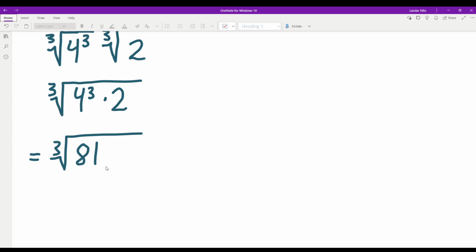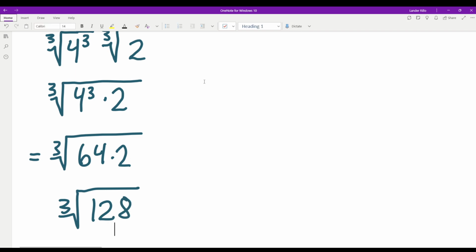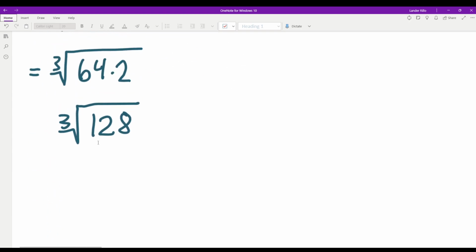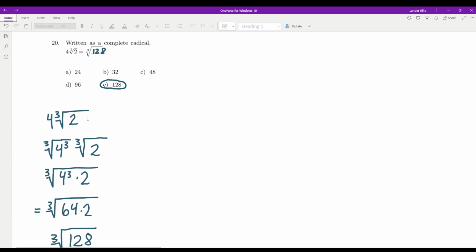64. I meant, 64. Yeah, 64. And then times 2 should be 128. Now it's asking for what's in this blank. So what's in the blank is 128. That's what we got. See? Okay, and next,